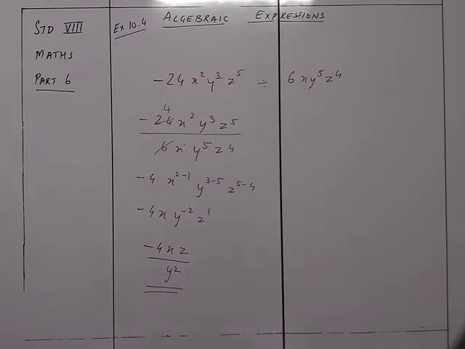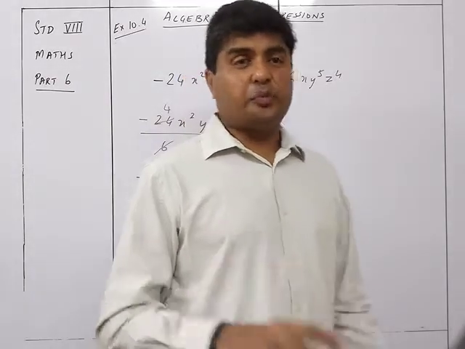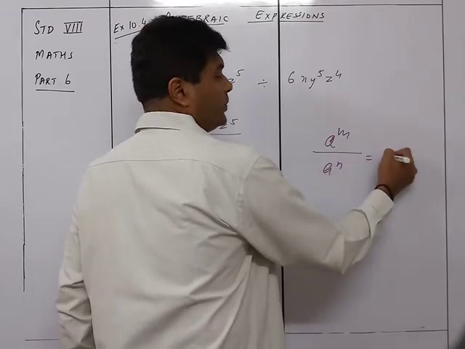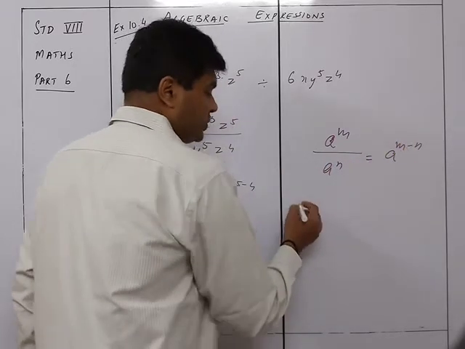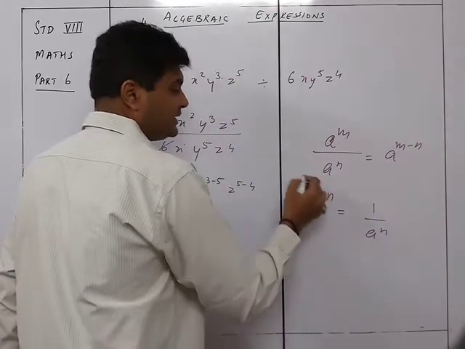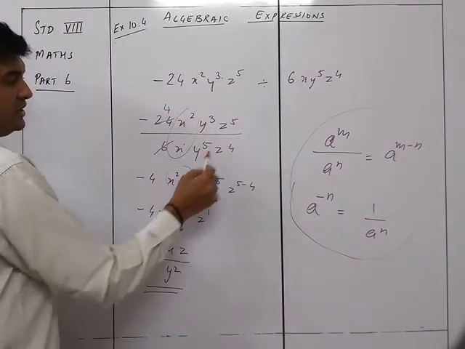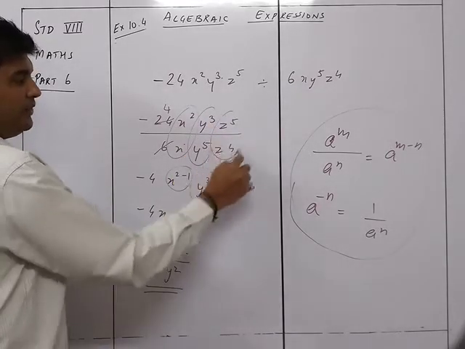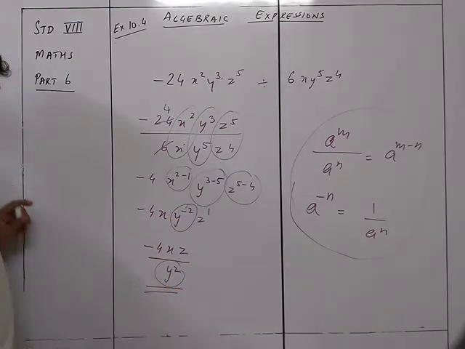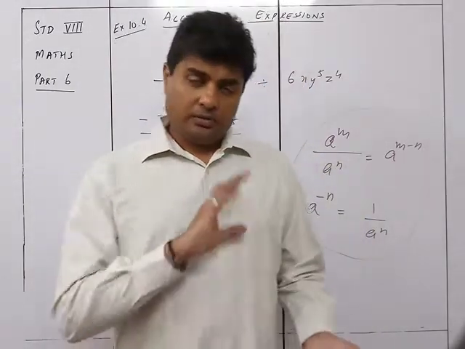So in this way you can see that when we are doing division, we are going to use the formulas of exponents, that is a raised to m divided by a raised to n will be equal to a raised to m minus n, and also if a raised to minus n is there, it is 1 upon a raised to n. These are the two formulas we'll be using. That's why over here we use a formula like this, and then because this was minus over here, we took it into the denominator. So that is how we are going to do the monomial by monomial kind of division.